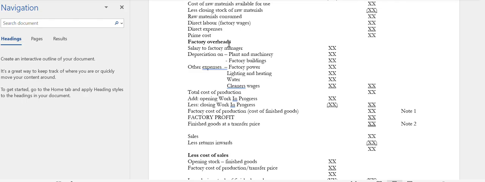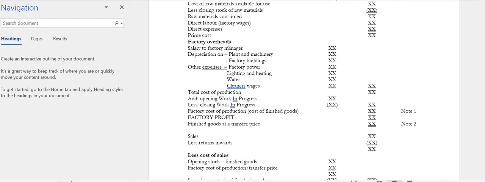And then the main reason is to convert inputs into output, so that the output, which now are finished goods, can be sold in the market. So I want you to notice that in the manufacturing account we are dealing with raw materials. So there is nowhere in the manufacturing account whereby you are going to have